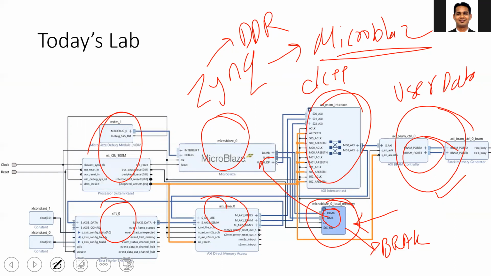Now in the next video, we'll discuss how to complete this lab. First, we'll start with the block diagram and then the SDK code. In your exams, we'll be following this approach. So any algorithms or any systems you want to implement, you should implement via MicroBlaze and submit your simulation results.